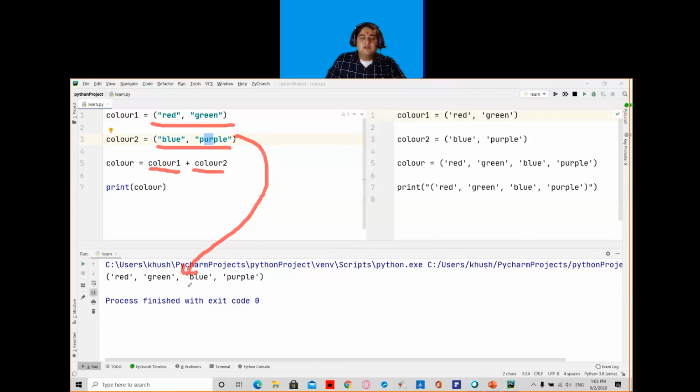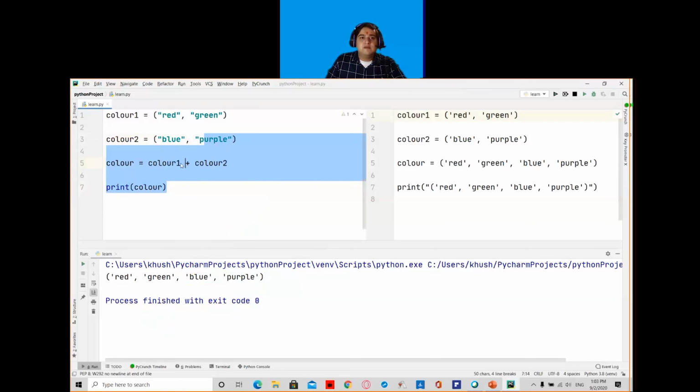Now if I want these blue and purple items of color2 first and then the items of color1 second, I want these elements to be presented first and these values to be presented second.